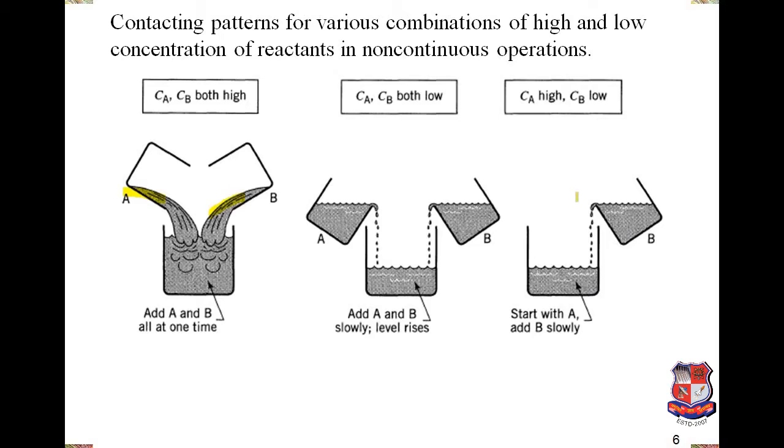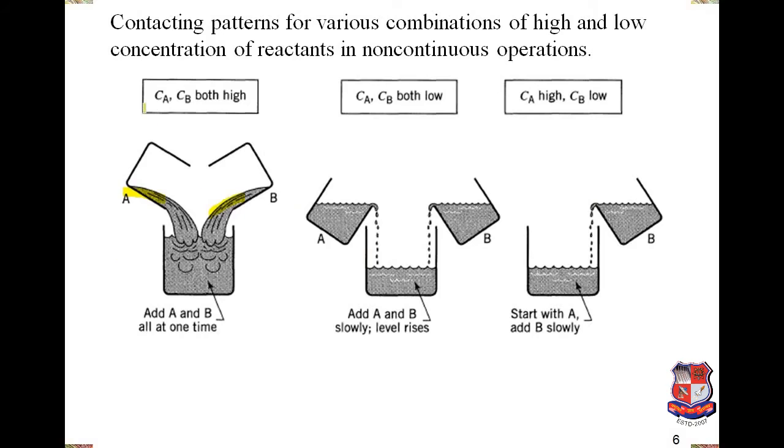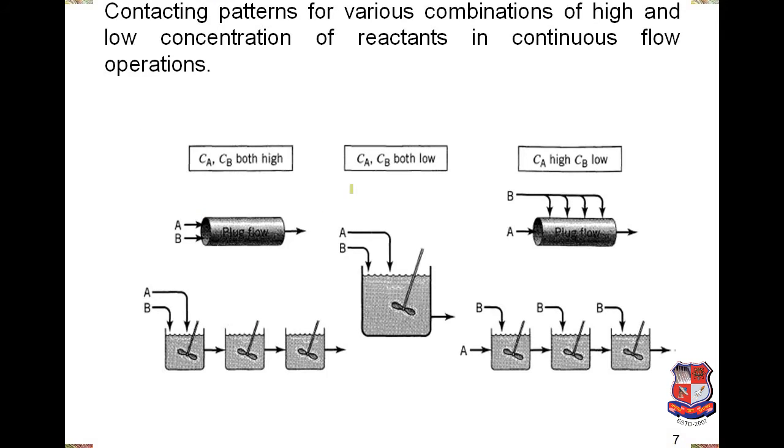So now different configurations you can compare with the situation. Like if I have to maintain both CA and CB high, we can choose this configuration. If I want to maintain both CA and CB low, you can add them dropwise slowly in the total volume, so dilution will be faster. Whereas if I want to keep one concentration high, CA high, it should be full of liquid, and we want CB low, then we can add it dropwise. So these are the different possibilities. We have to use them according to the requirement of the system. Fine.